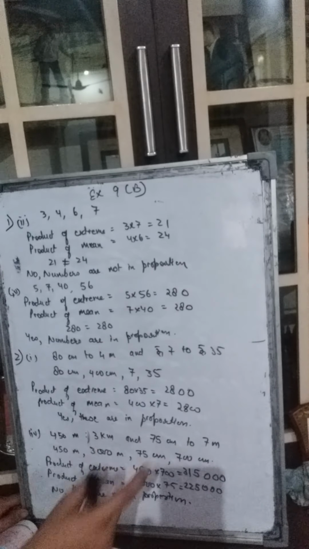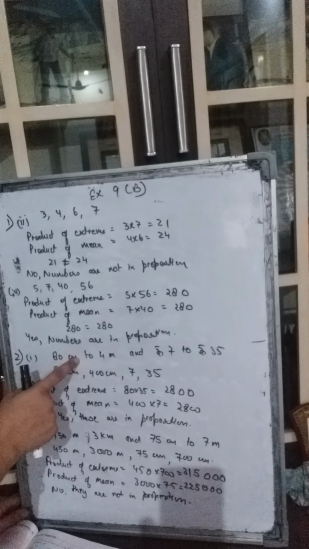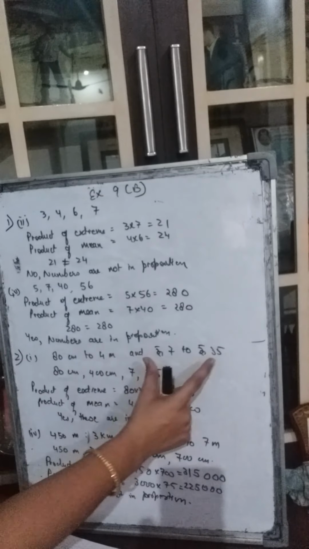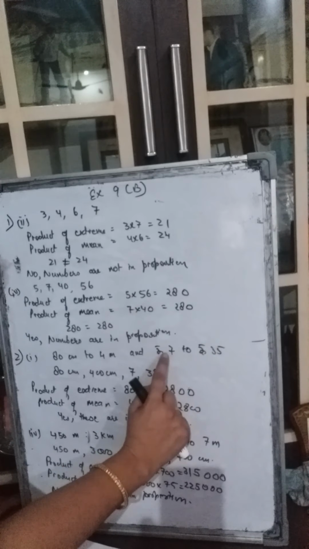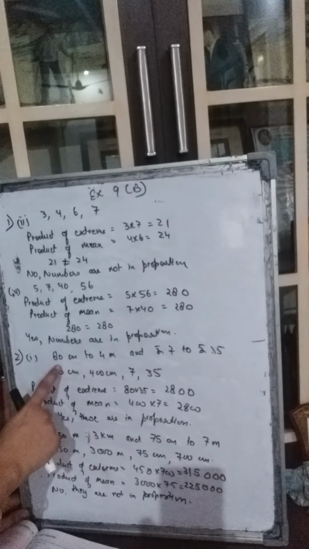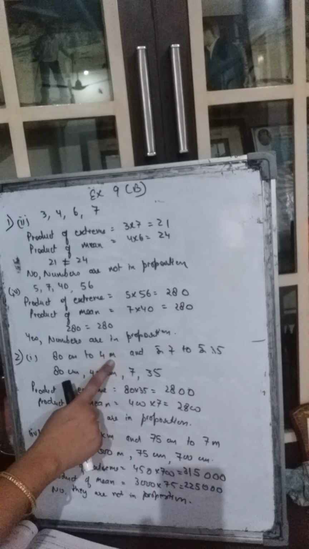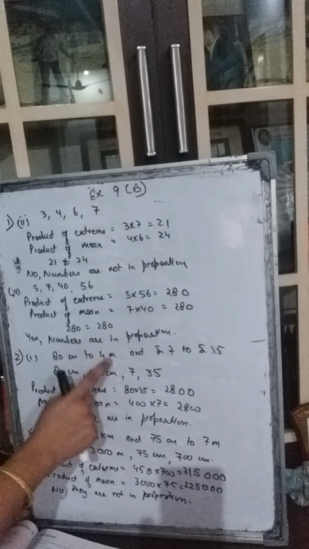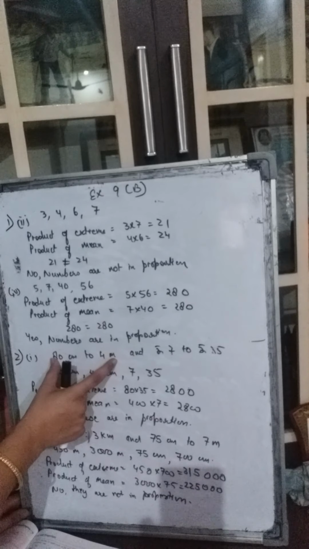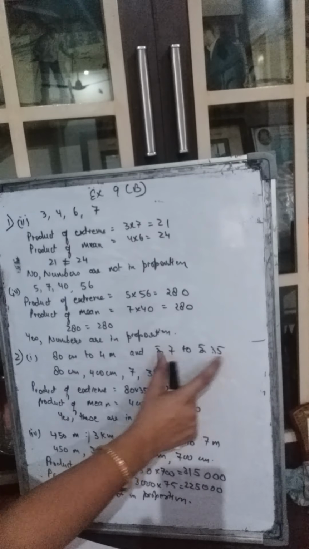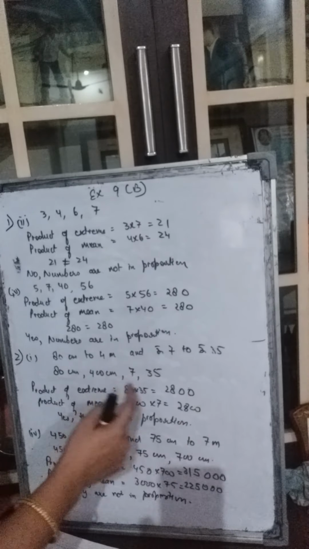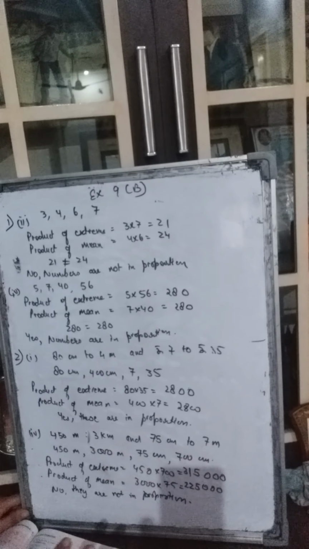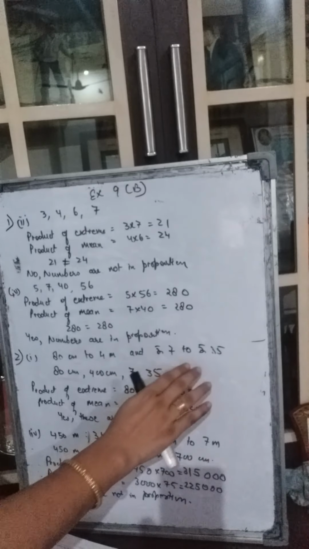You will not get confused. You will not say, ma'am, this is in rupees, this is in centimeter and meter, how should we do this? No, this is a separate ratio. These two have to be in the same unit. If this is rupees, okay. But here, this is centimeter, this is meter. No, you have to convert one of them into the other unit. These two can be in the same unit and these can be different. This proportion can be in a different unit than that proportion. Not a problem. So we have to just consider whether they are in proportion or not.